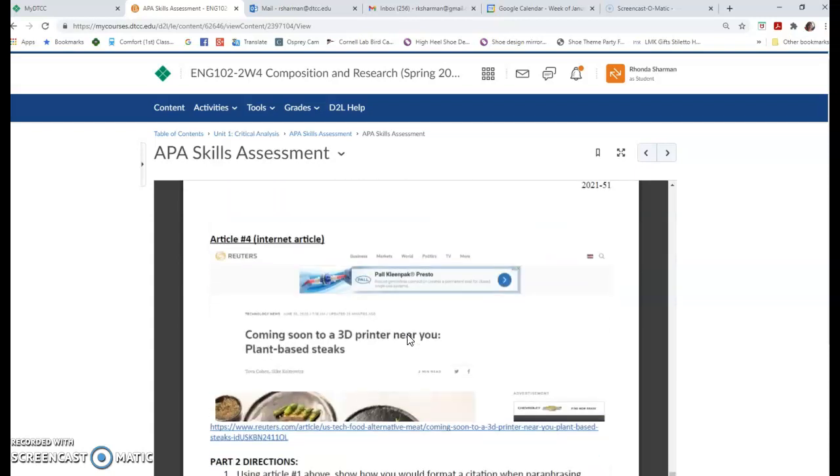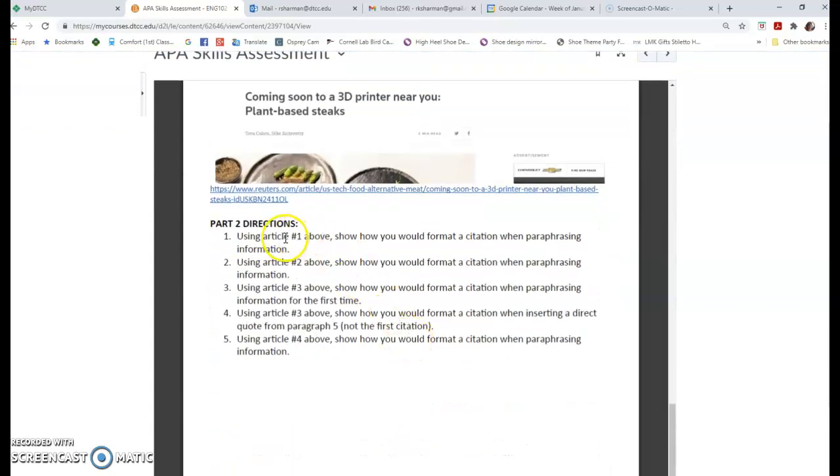All right, and then in part 2, it gives you the scenario. So this one is using article 1. How would you format a citation when paraphrasing information?